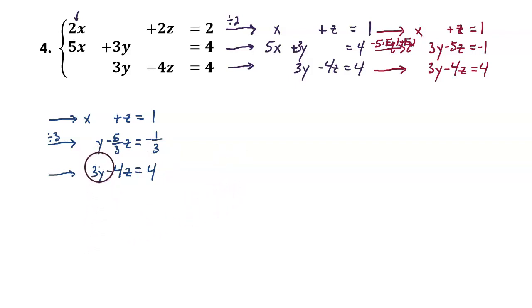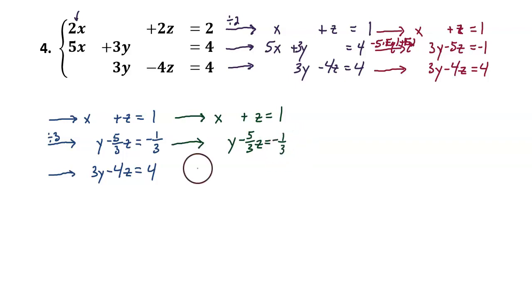Okay, the next thing I want to do is eliminate that y term in the third equation. Now think about how we're going to do that. We need to add negative 3y to it. We can create a negative 3y from the second equation. If we multiply everything in the second equation by negative 3 and add it to the third equation, then we can get our y's to be eliminated. So I'm going to draw an arrow, and I am making no changes to the first equation. I'm going to draw an arrow and make no changes to the second equation. For the third equation, I'm going to draw the arrow, and I'm going to label the arrow with what I'm